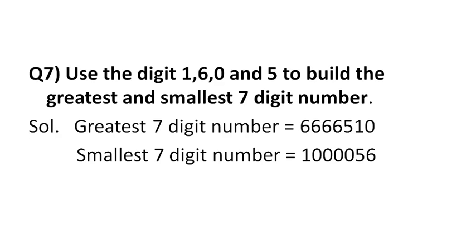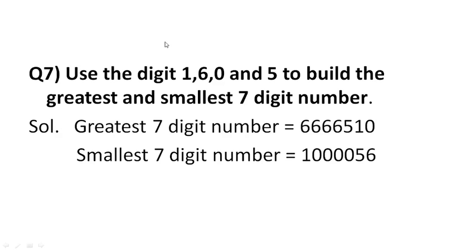Similarly, now you want to write the 7 digit smallest number. How can you write the smallest number? The smallest digit here is 0, but you cannot put 0 on the 7th place, because then its digit value will be less. Okay, so you have to write 1 first. If you write 1 here, then after that you write 0 0 0 0, till here 5 places we have completed. Now 2 places are left, so then you write 5 first, then 6.